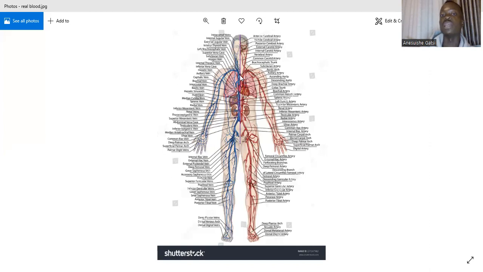The right one, we said it would come from the brachiocephalic trunk behind the sternoclavicular joint on the right side. And at the outer border of the first rib, you'd expect the subclavian artery to then become the axillary artery. The axillary artery will be found in the axilla, and it's going to be divided into